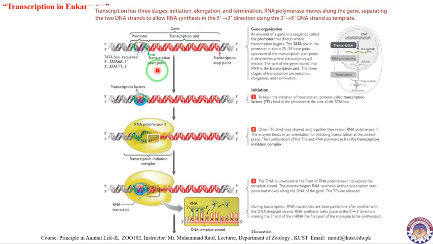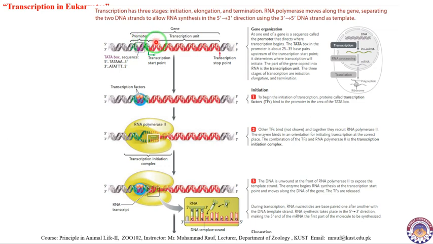Here is a diagram taken from another book. This is the promoter region. The promoter region is the region where the initiation complex is formed. Enzymes, RNA polymerase, and transcription factors first come, and they first recognize this point. They attach with this point, and after attachment, when the pre-initiation complex is developed, then this whole transcriptional machinery starts